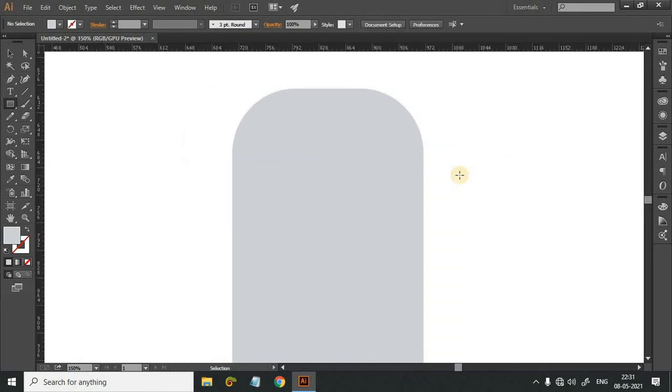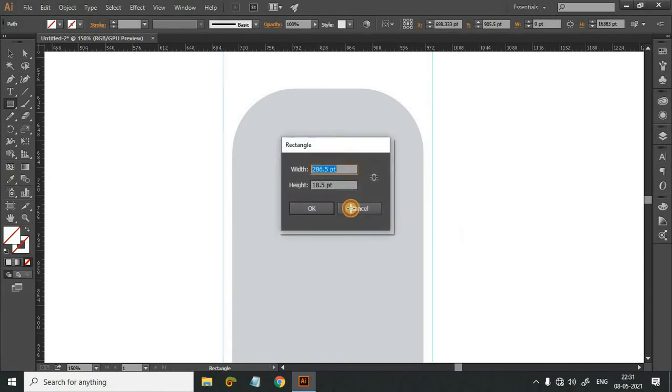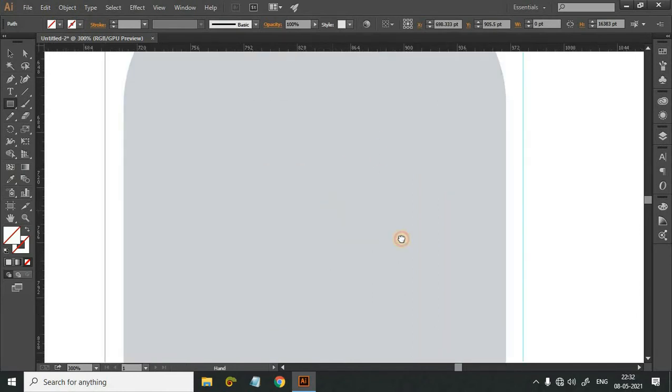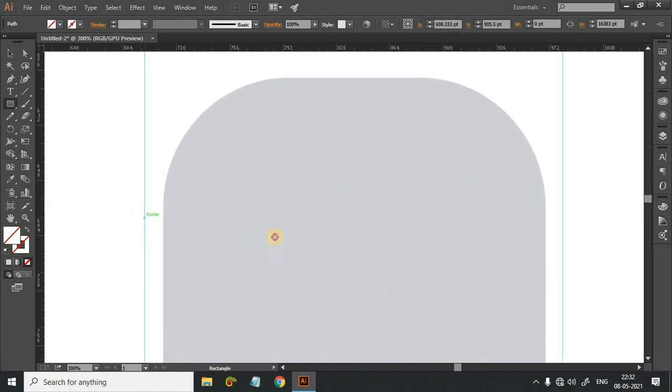Before drawing that, I will shade two margins over here. Now I'll take the rectangle tool and then draw here the rectangle just like this,